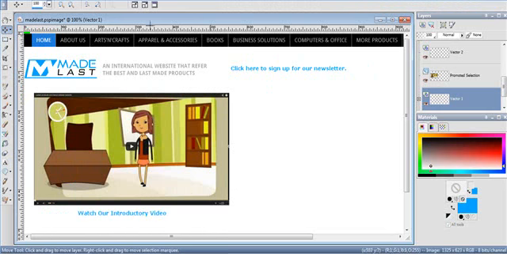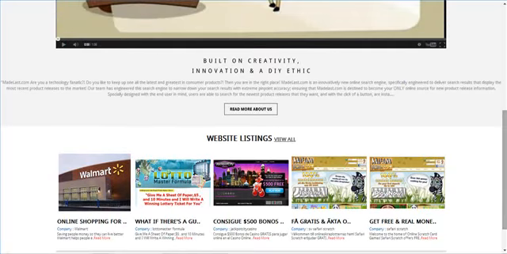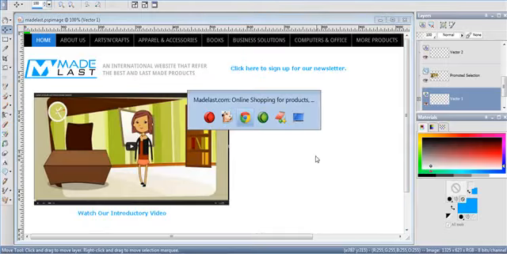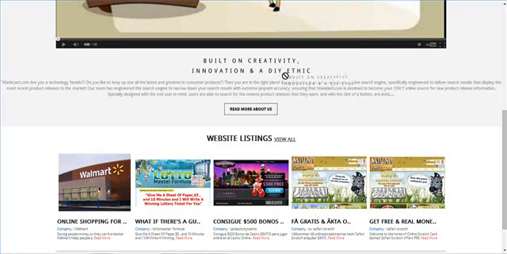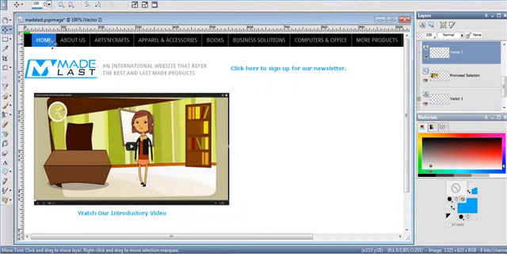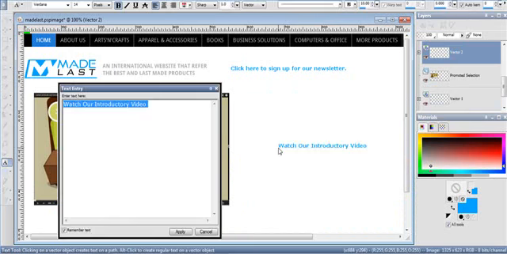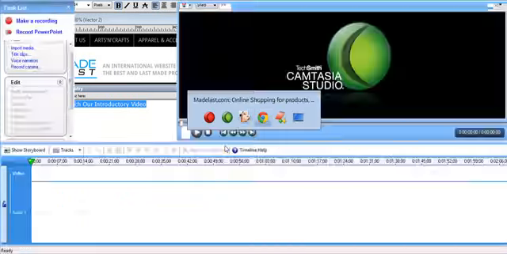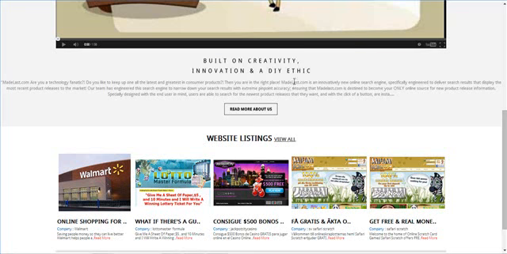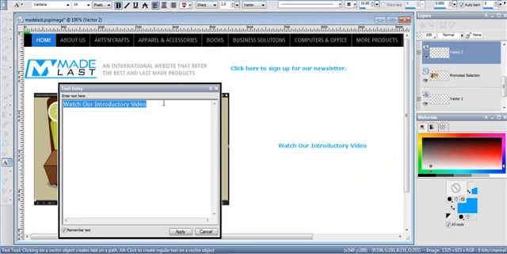So let's go ahead and get some cool things now from your website. Now this whole thing, built on creativity, read more about us, this can go right alongside. So I would say something like this. You can make it any color you want, any font, any size. I'm just giving you the idea. So this is all an image. Okay, so I would say you could finish up with